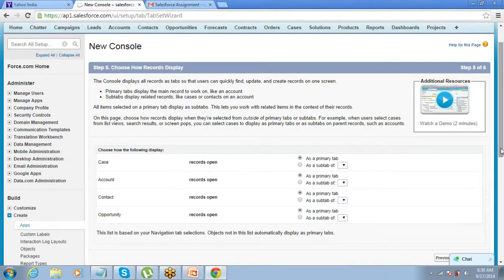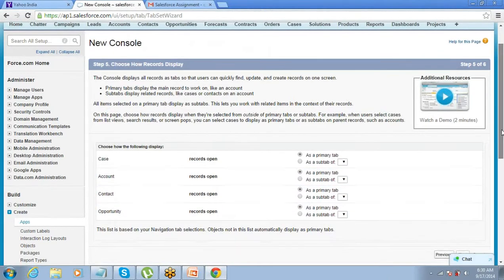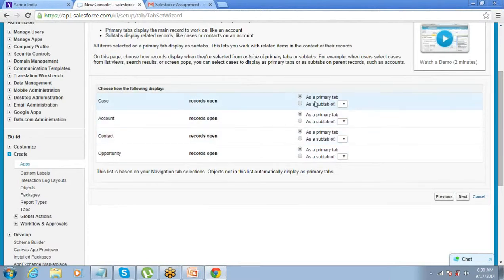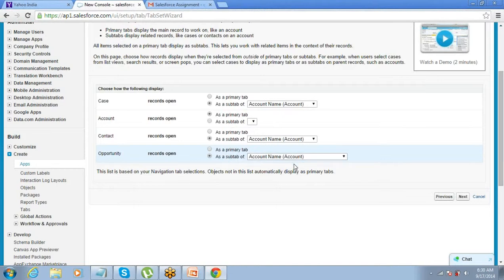Okay, so let's say I want to include four things: case, account, contact, opportunity. Now I have the option of defining the objects as primary tabs or sub tabs. So I make cases a sub tab of account. Contact should be a sub tab of account. Opportunity should also be a sub tab of account. Right.